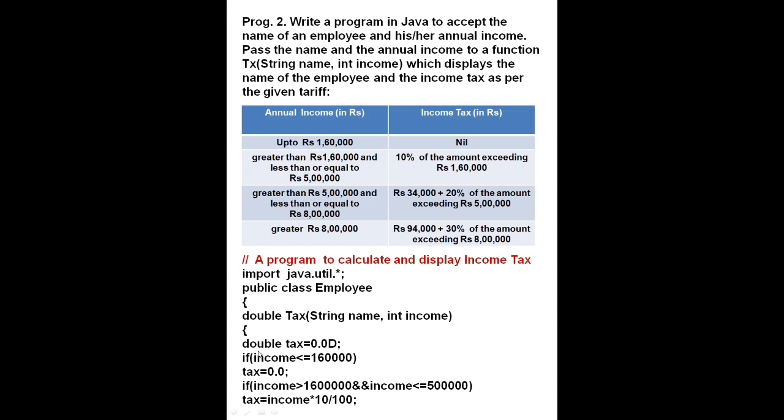Then we declare tax as double, because the tax will come in divided by 10 or 100, so that it will come in double form. Now we will put the formula. If income is less than or equal to this, which is given in the question, then tax is equal to this. If income is equal to this, then tax will be this. We have not written the 6 lines here by mistake, but you will write those 6 lines also here.